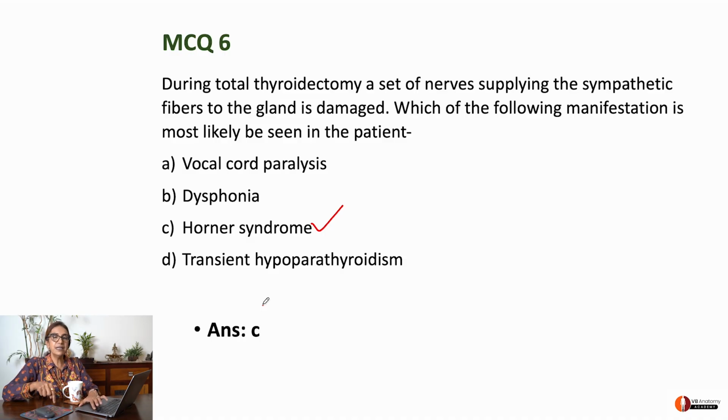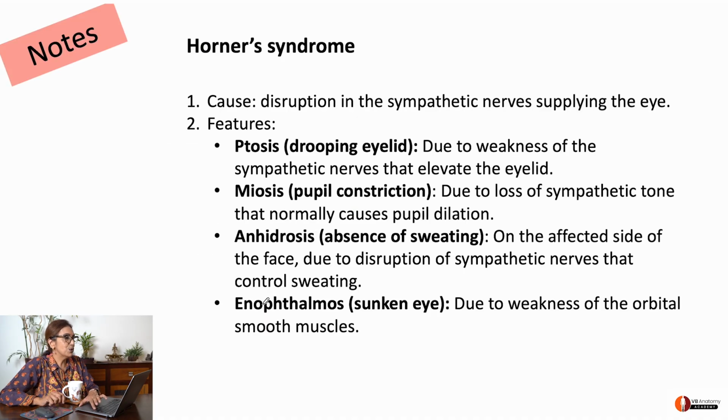Yes. Now this is the point where you should quickly revise the Horner syndrome. Should you just say, oh great, I did it, wow, very nice? No. You have to go and understand why Horner syndrome, what is Horner syndrome. So, Horner syndrome is caused by disruption of sympathetic supply to the eye and that side of the face. So, your eyes will be drooping, ptosis. Okay, because sympathetic supply helps to elevate the eyelid. So, loss of sympathetic, patient will have drooping eyelids.